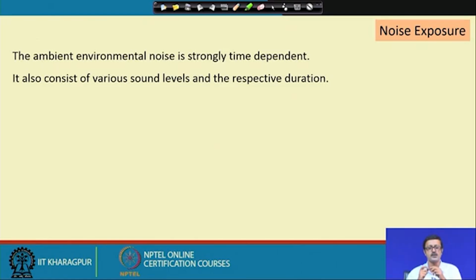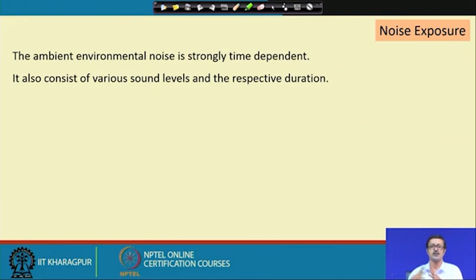Suppose a very high level noise of 90 dB acts for a very few seconds, it may not have much impact on your brain, but a lower level, maybe 65 decibel, staying for a continuous period,